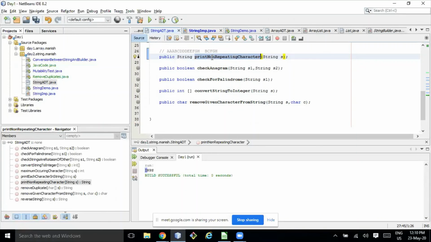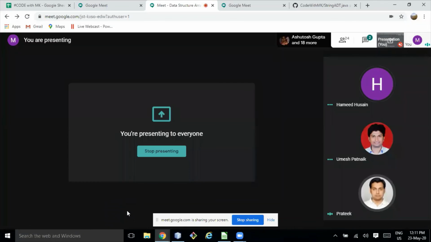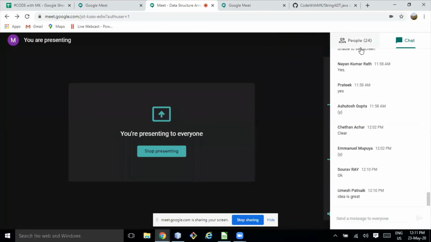Only those problems which use only the concepts of array, string, and hash map. So maybe from the next to next class, we will be able to start coding from LeetCode. Anyone want to add, or anyone having a different idea, do let me know your feedback. I'll do accordingly.